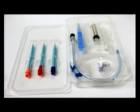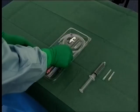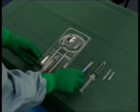One of the most important considerations is to familiarize yourself with the set contents before commencing the procedure. You'll require an orange needle, a green needle, a 10 ml syringe of local anesthetic. The tray contains a number 11 scalpel,